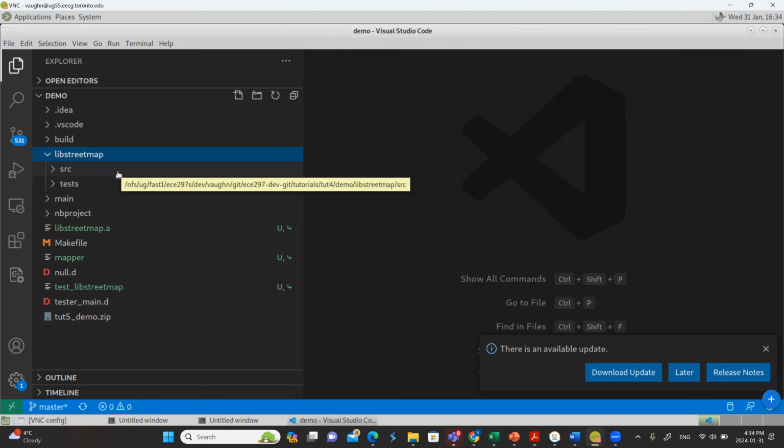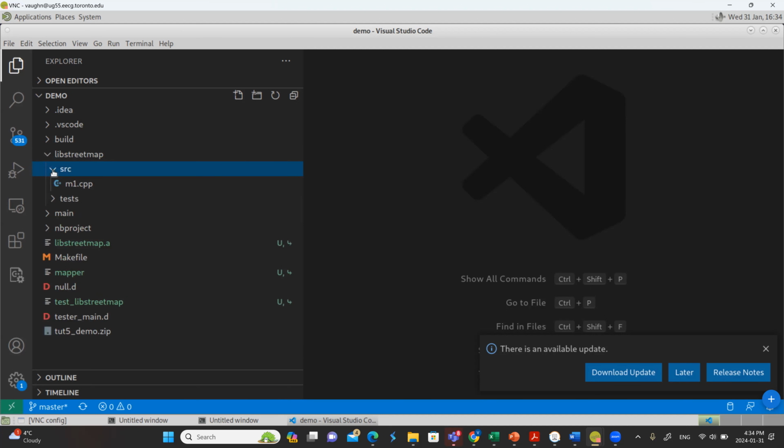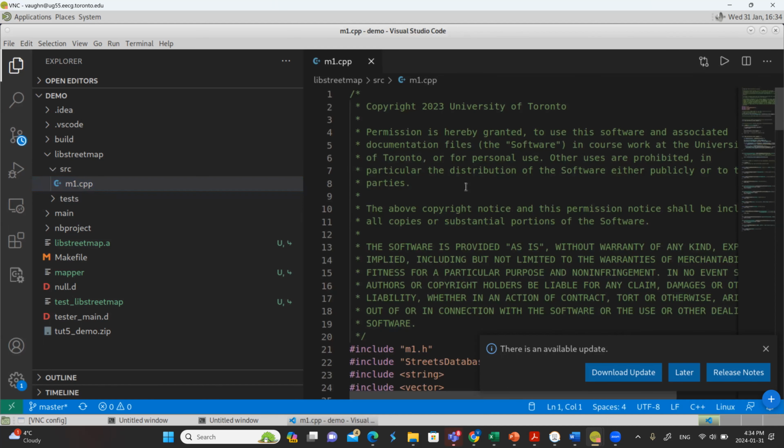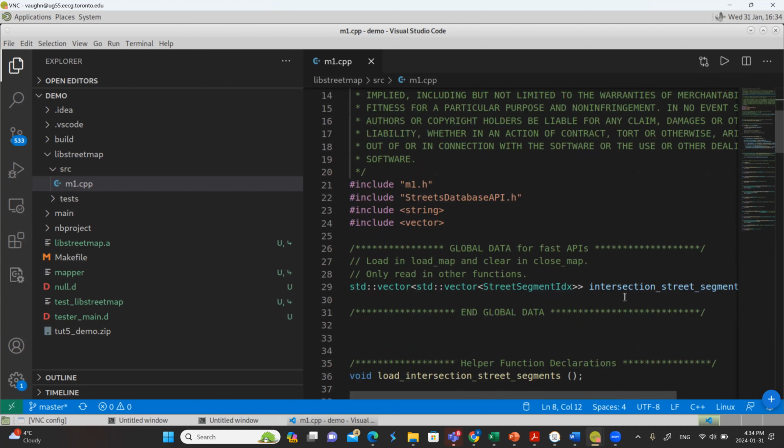You write your source code, or almost all your source code for this project, in libstreetmap. All the code under there gets turned into that library that we talked about. And m1.cpp is where I chose to write this function, okay? So I go into m1.cpp and look at what I've written.